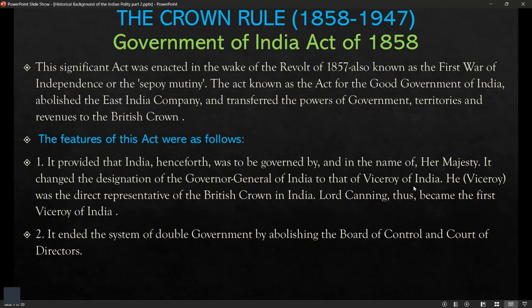Okay. So the Viceroy was the direct representative of the British Crown in India. Lord Canning thus became the first Viceroy of India. Okay, Lord Canning was the first Viceroy. So it ended the system of double government by abolishing the Board of Control and Court of Directors. So these two, the BOC and COD, both were abolished,